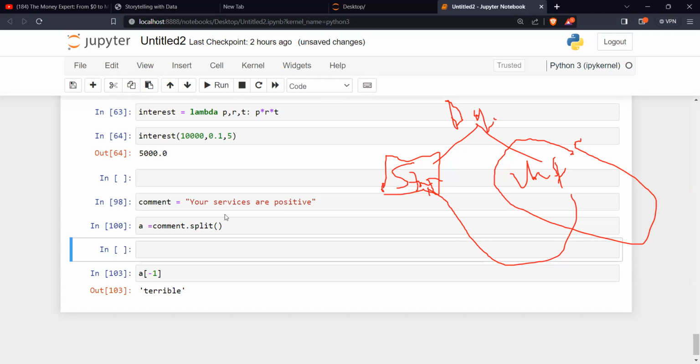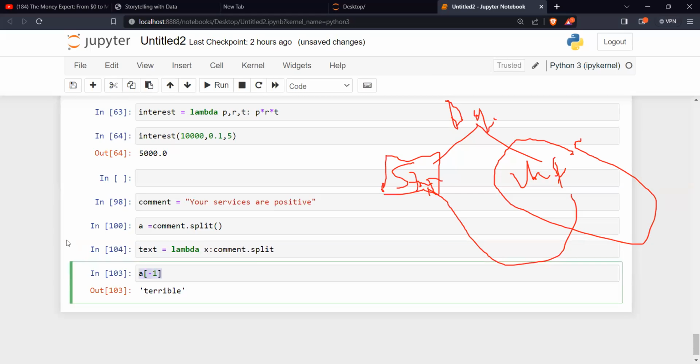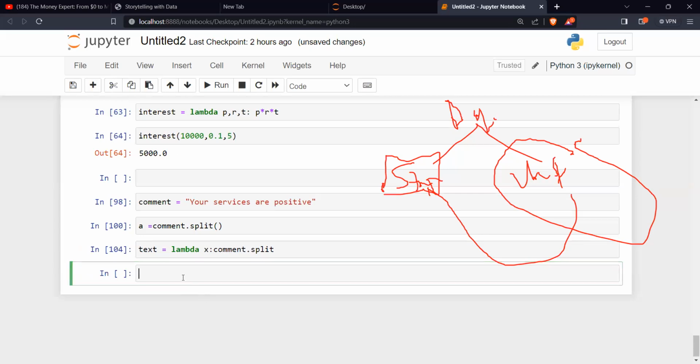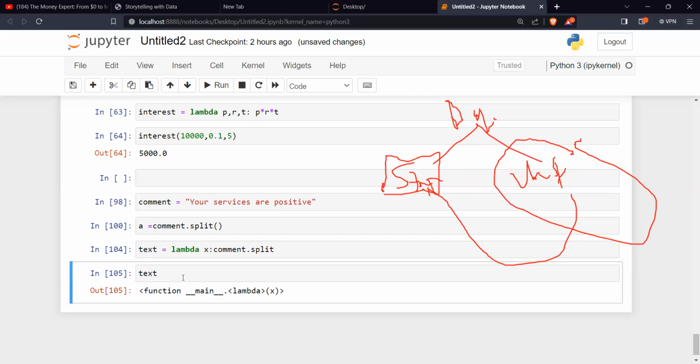The same way, you would have written a lambda function. Maybe I just say text equals lambda x, whatever word it is, help me split it. Then what will I have? I can have comment.split. So when I check text, what is it doing for me?